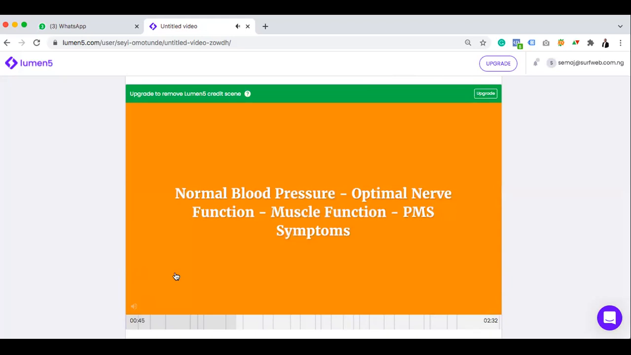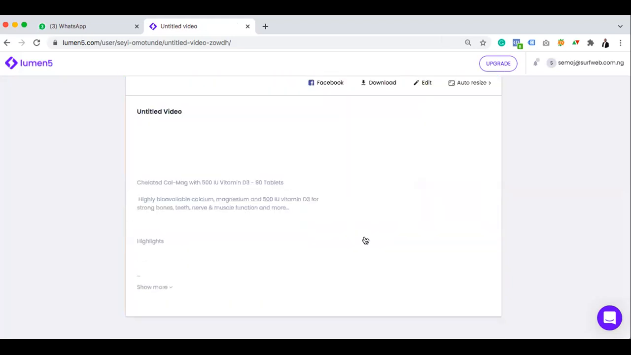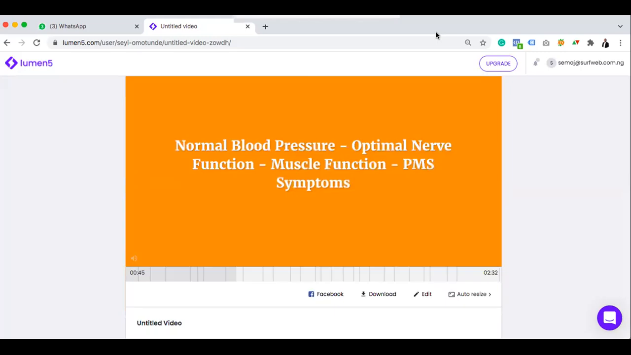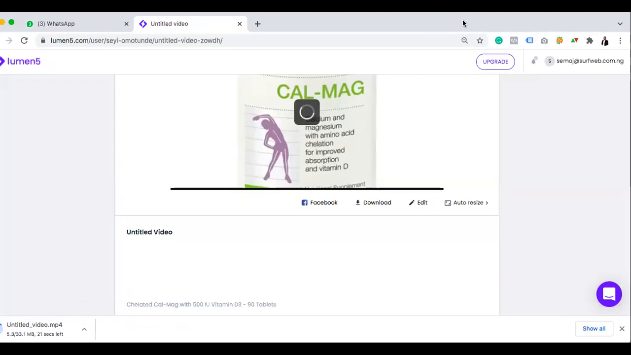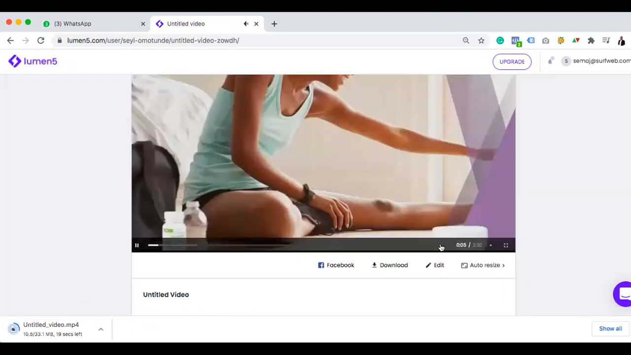So it's rendering right now. So when it's finished rendering, it will automatically download. Maybe it has even downloaded. I didn't check. Okay, it's already downloading right now. So once it's finished downloading, we are done. So the only thing I will do is